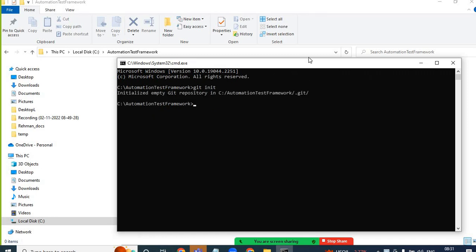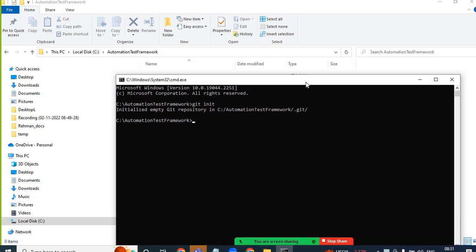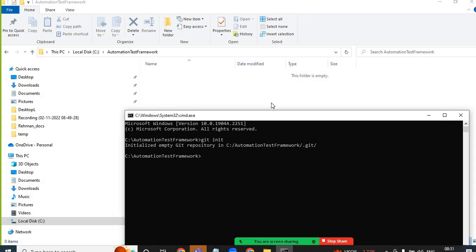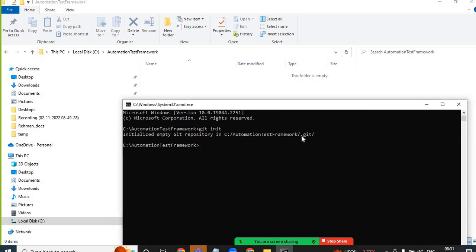See, then you won't see any change here, but in hidden files, see all the dots came, and there is one hidden folder, .git. Git is there, right? Okay. So now the connection is established. Now what we need to do, I am trying to